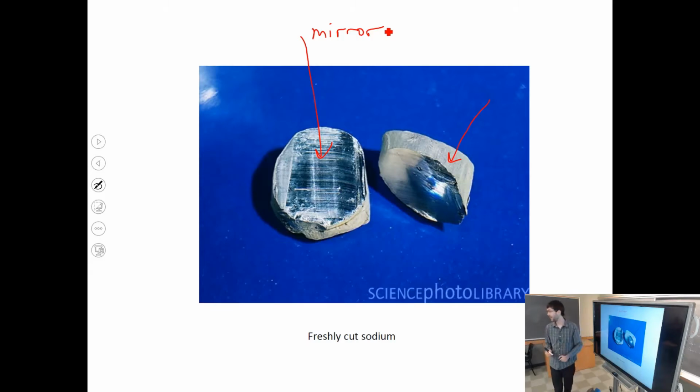So why does it act as a mirror? That I refer you to an electromagnetics course. But basically, you have free electrons going right to the surface in a metal, and they move together with an electromagnetic wave, screening it and generating a reflected wave in the opposite direction. So this is just an electromagnetic effect. You don't need much of solid-state physics to explain it, although Drude theory does great, essentially, in explaining this.